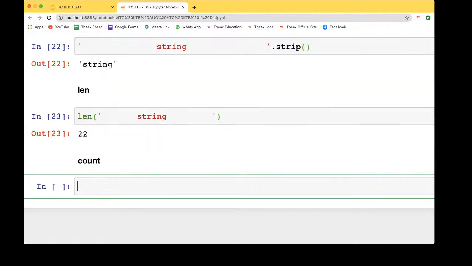So count is such a thing which will count the number of times a character is repeated in the string. Okay.